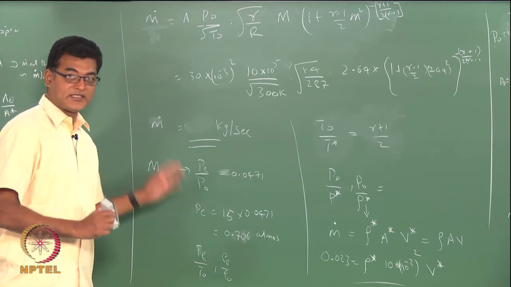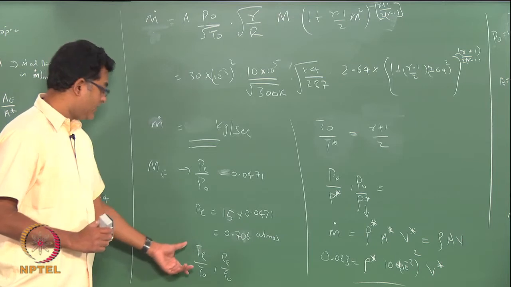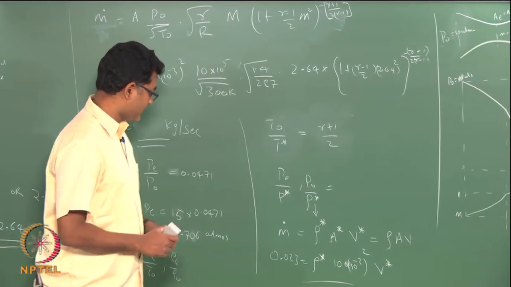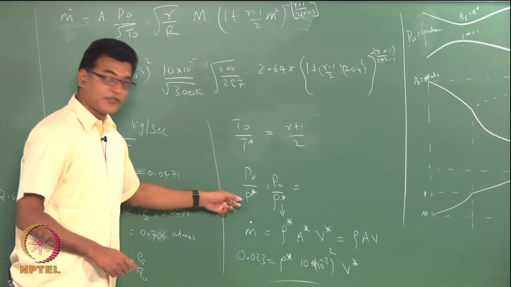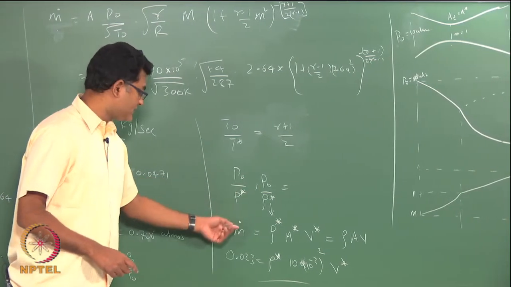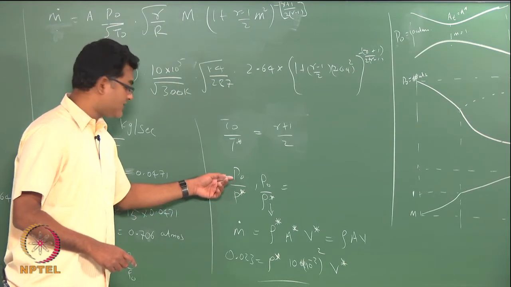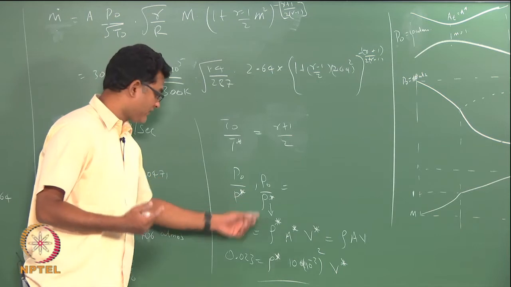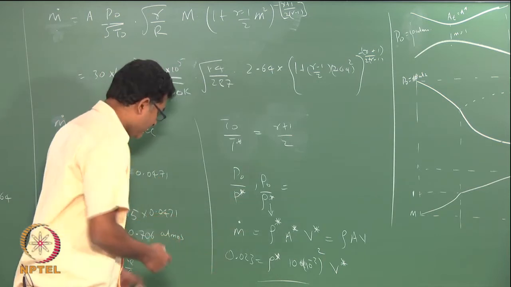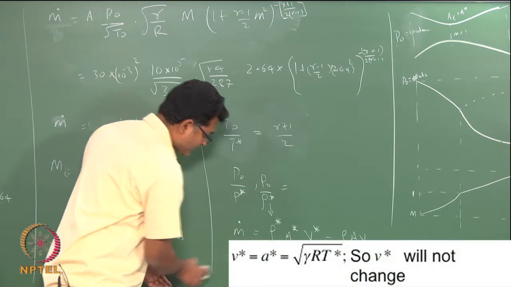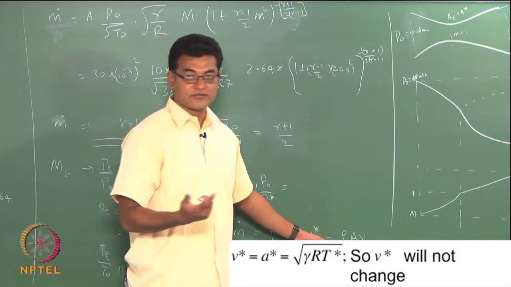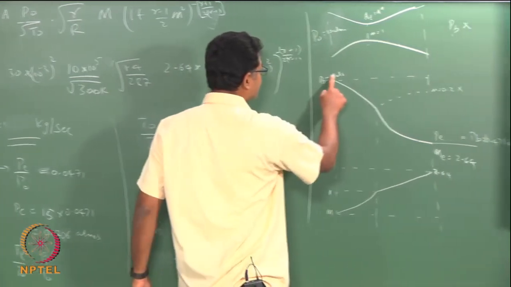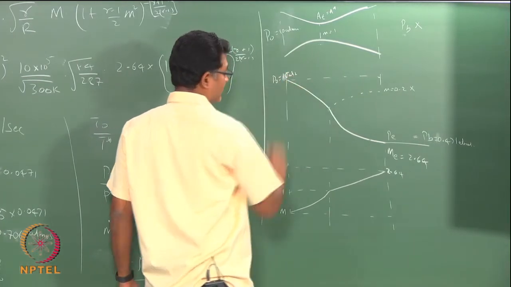So, my P exit is different, my m dot is different, again it is in the same design condition except that P0 has changed, and here again the T0 is same. So, this ratio would be same. Accordingly your P star would change since the P0 has a different value. So, your rho star would also be a different value. Here again your m dot is different. So, your V star would also be different. And here same plot except that this value is now 15 atmospheres.